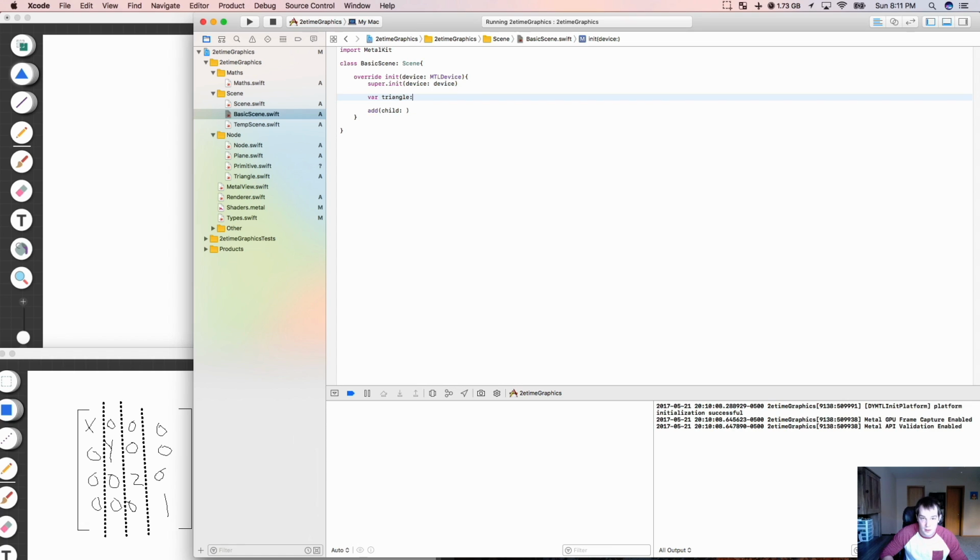It's going to complain. It's okay. Command V. So we're going to add this triangle there, and then we're going to say triangle dot scale, and then we'll say float 3, 1, right? Yeah, and this should be let. I knew it. So we should get the exact same thing that we got before, but this time